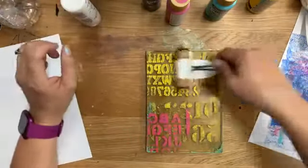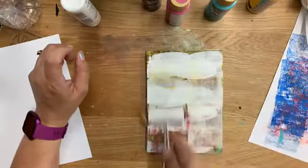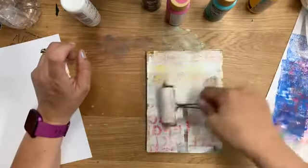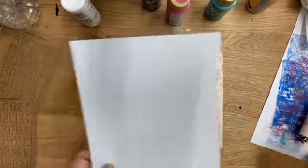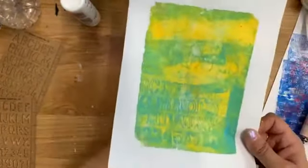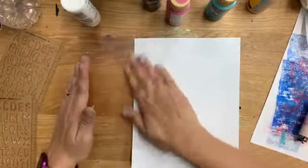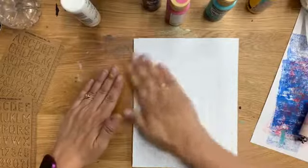So again, I want to be really careful that I don't brayer away the pattern. So I just put some white down. Looks like maybe I brushed it a little on the pink. I might have smeared that a bit. So I'm hoping that this one I didn't get much distinction out of. And so this time I'm going to see if the white helps me keep the color of the...